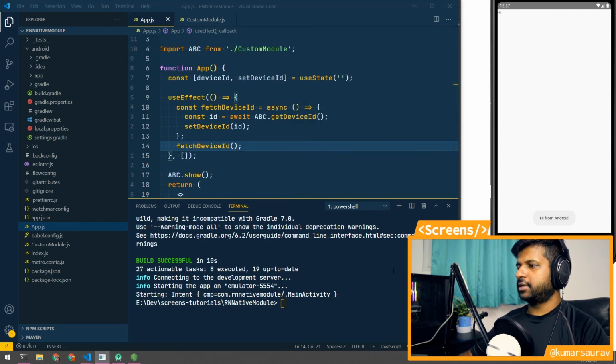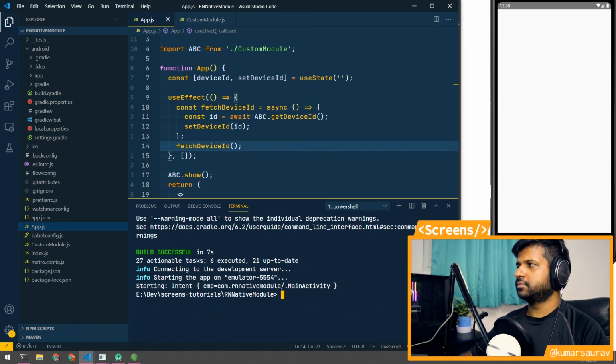So let's repackage the app. Now you can see, apart from hi, we have a device ID printed here, and we're also showing the toast here. So I think I'll summarize what we did here.